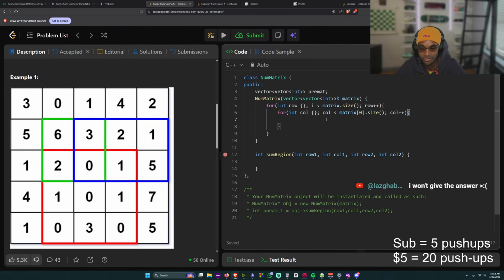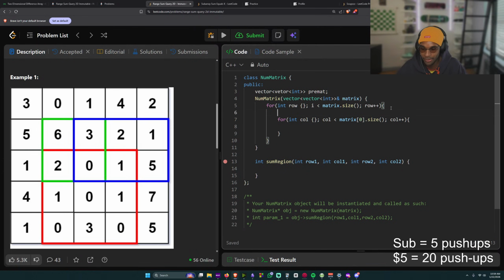So now, since our pre-mat, we're going to be pushing vectors onto it, int vectors. That means we need to have the vector to push, right? So maybe should I just make an array? Because what I want to do is go through, get this number 3.